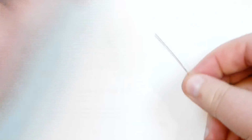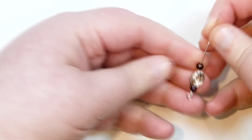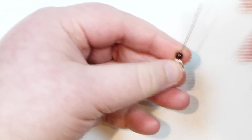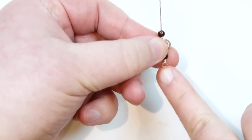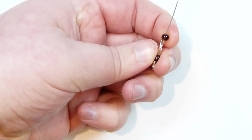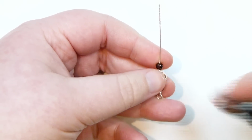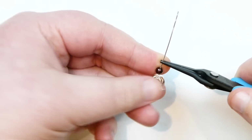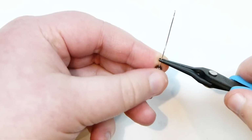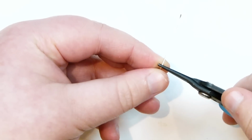Then on the other side I'm going to again just add my bead first of all, and in this case I want my loop to be facing the other way. So instead of lying flat like that, we're going to be able to see it when we look from the side. And I'm doing this because this is going to ensure when you're making the chain that it's all going to lie flat. So I'm just going to look from the front here, place my pliers again a couple of millimeters above the bead, make my bend towards the back,